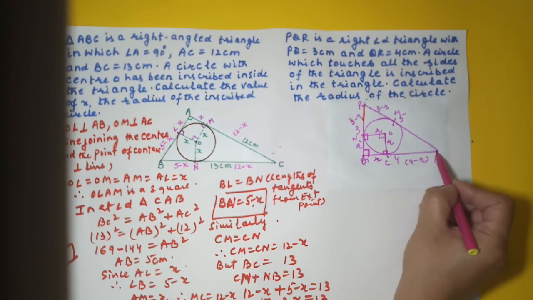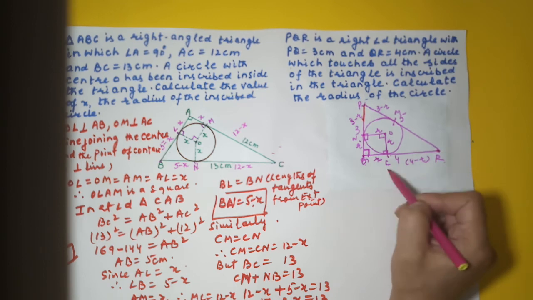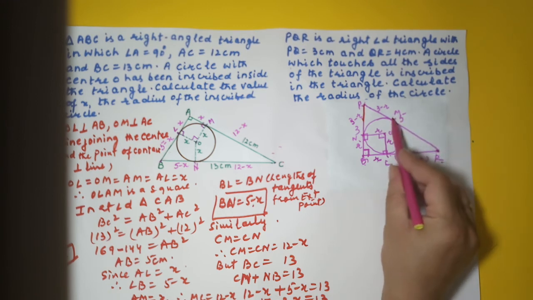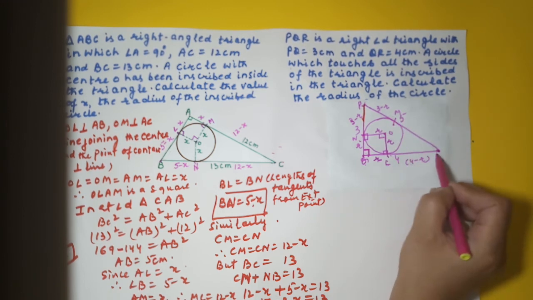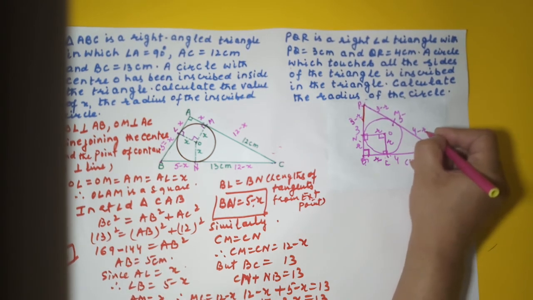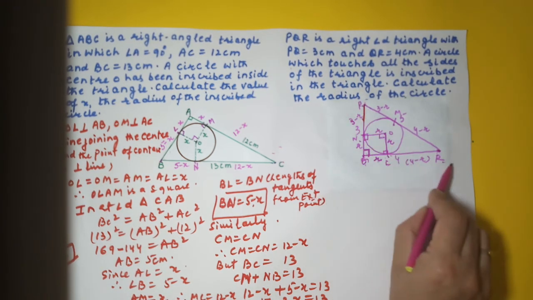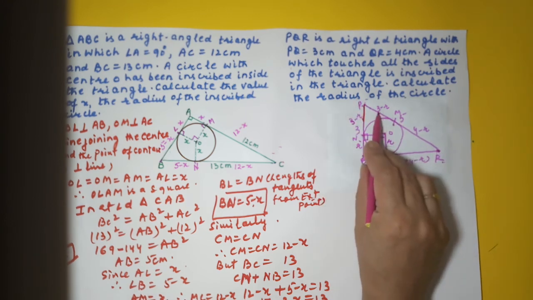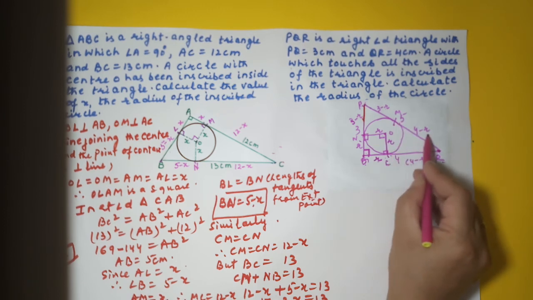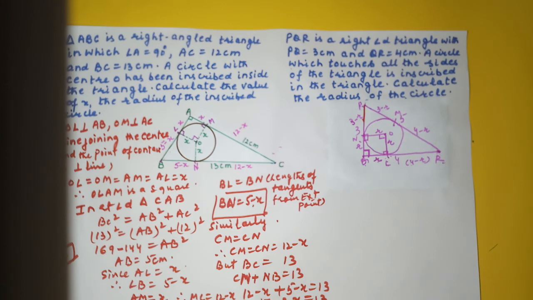Similarly, if you look at this point R, this is an external point. If LR is 4 minus R, RM will also be 4 minus R, because these are two tangents to this circle, and we know that the lengths of the tangents drawn from the external point are equal. This is 4 minus R, right? Now we know that entire PR is 5, so 3 minus R plus 4 minus R is 5, and that's how you can calculate the value of this R. So let's write it now. So how will we write this? We will write that